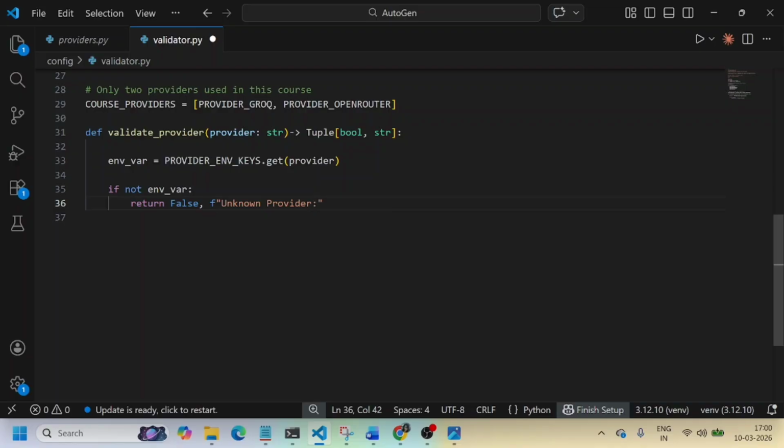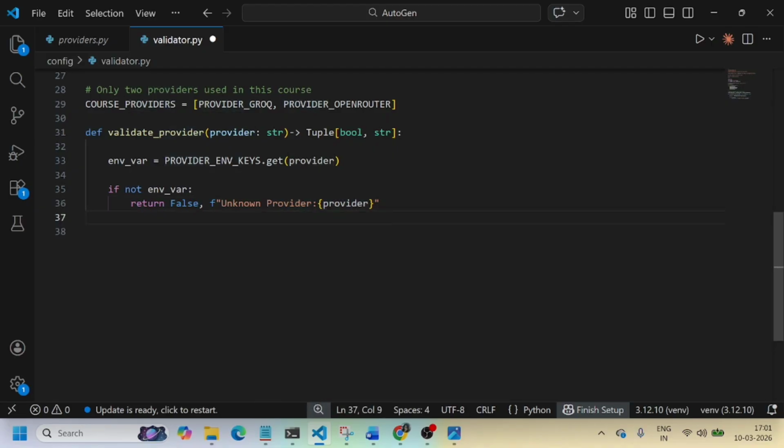You just need to write the provider name also. So it will return false and unknown provider. Like if you use OpenAI, but we don't have any OpenAI, it will give you an error like unknown provider